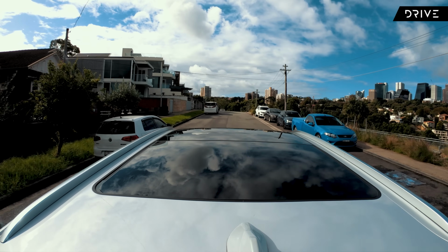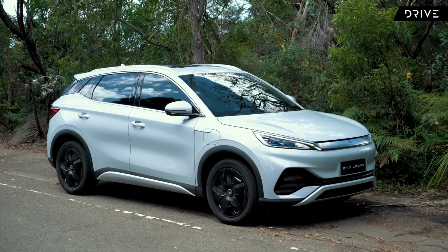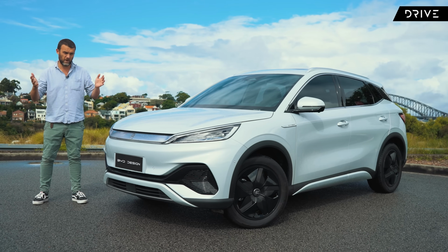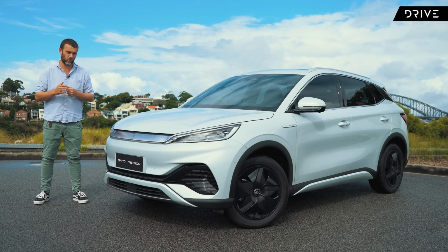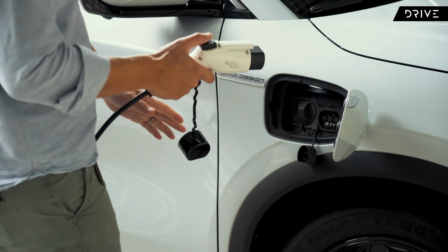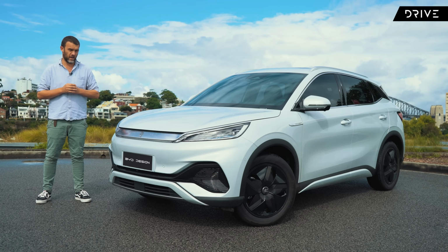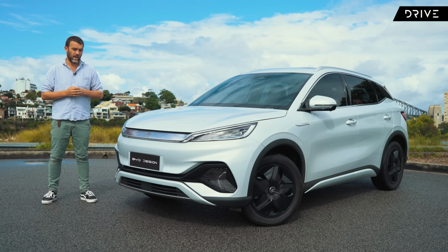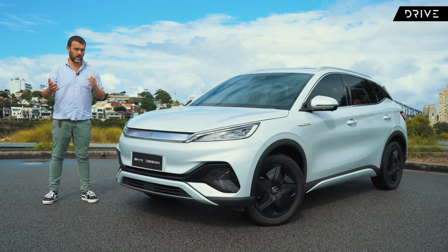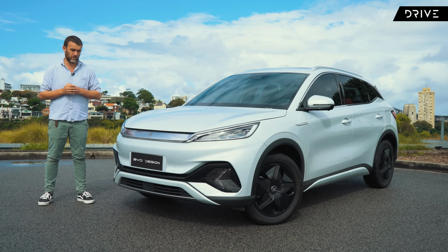And they're going to be priced from $44,790 before on-road costs. It's approximately the size of a medium SUV. That's a bit over 4.4 meters long. There's room for 5 inside there. And you've got a driving range that starts at 320 kilometers between recharges. Now you can opt for a larger battery and a larger driving range. That's going to cost you around $3,000 more, and that's going to get you up to 420 kilometers of driving